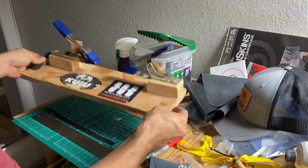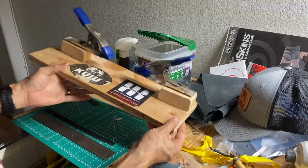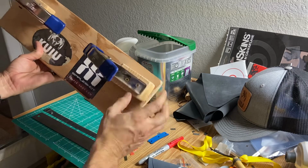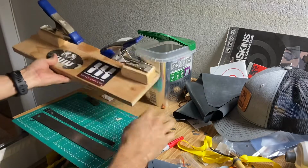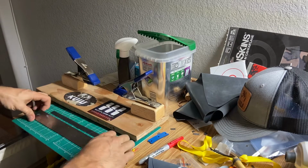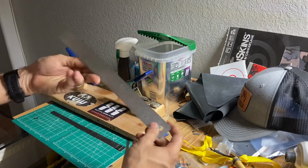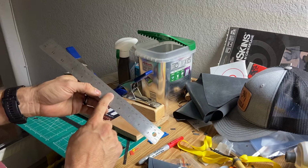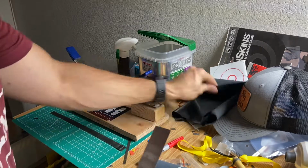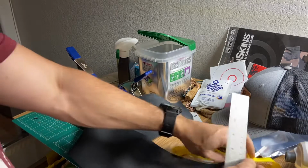This is my jig that I use. I'm not sure if any of this is in focus, but you can see it's just a board, a little block, a couple of screws through the clamp. And here's how I use it. So I like a metal ruler that has millimeters, because most of the slingshot world uses millimeters. So essentially you'll take your material, you'll measure it to the length that you want, and there's some rules of